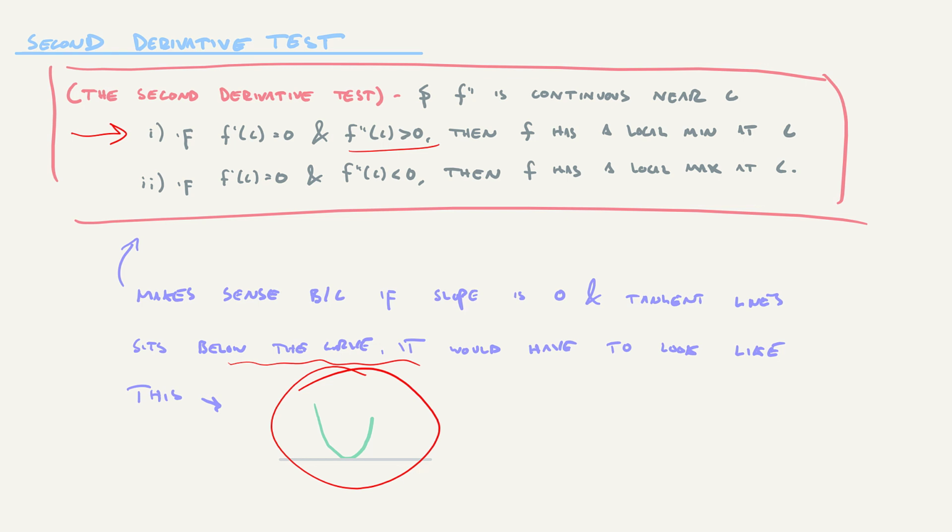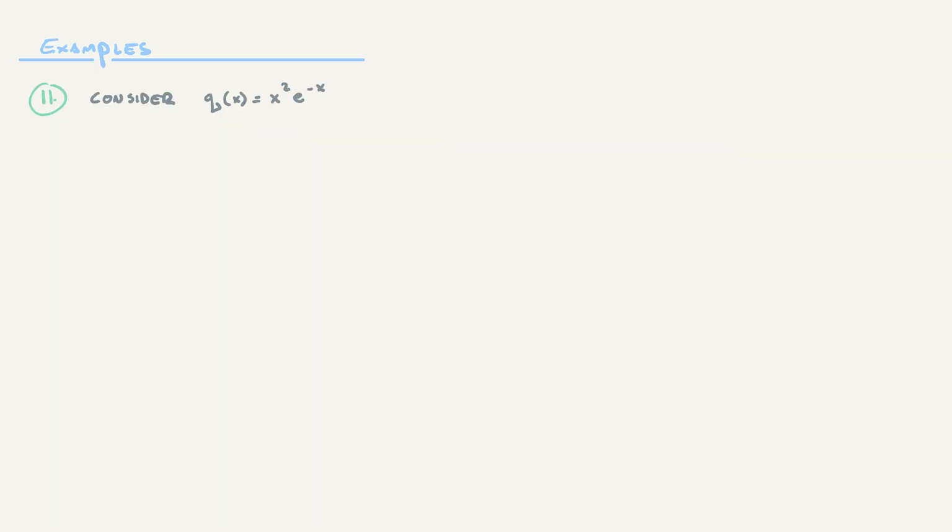My point is, the only way that you could draw a situation where this happens would be something like this, and that is the very picture of a minimum. That's why there's a local minimum at that particular c value, right? That'd be c. So for our second example, let's consider Q of x, which is equal to x squared times